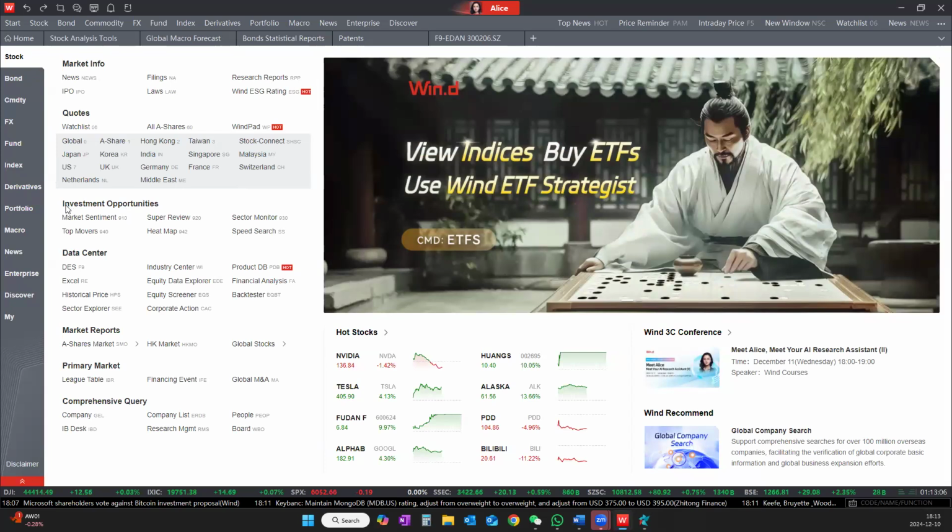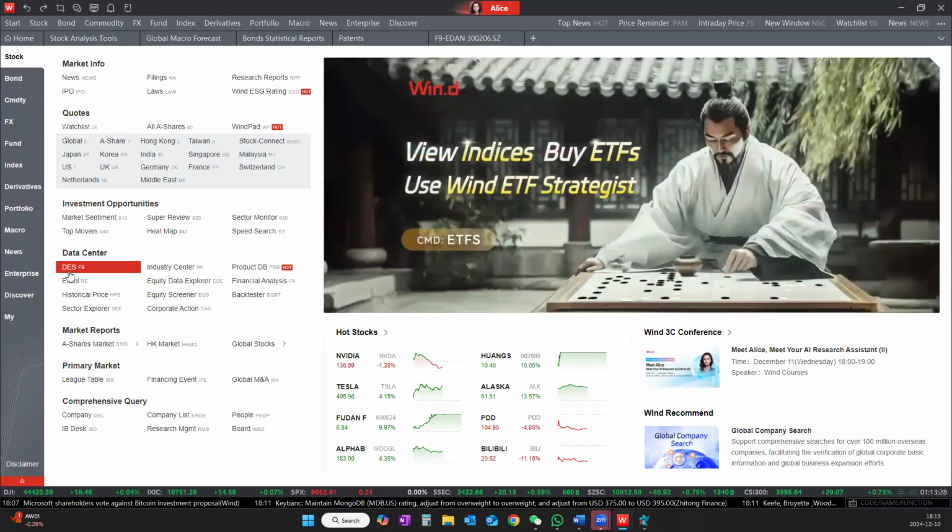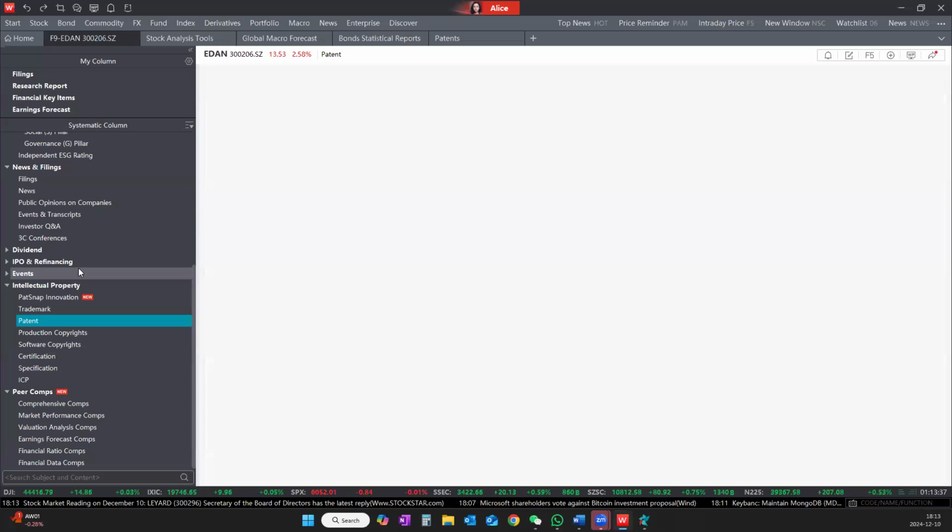Going to the next, investment opportunities can help you to monitor some sectors, or you can set up your own watch list to monitor their quotes and other related information. In the data center, which today I'm going to focus on, is the deep description. So if you have been using Bloomberg, there is also the F9 function. And if you click it,